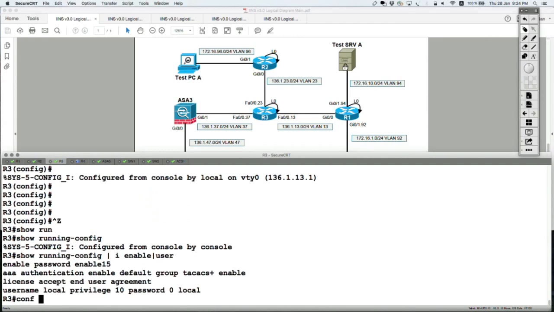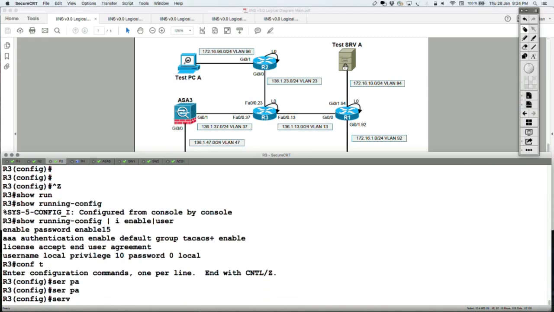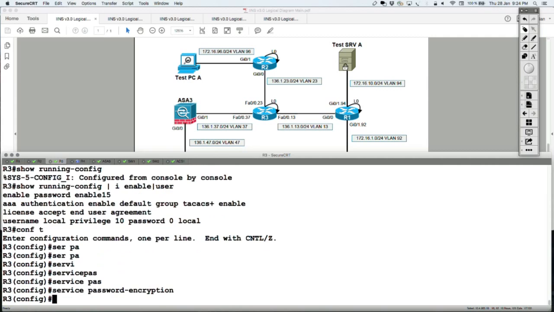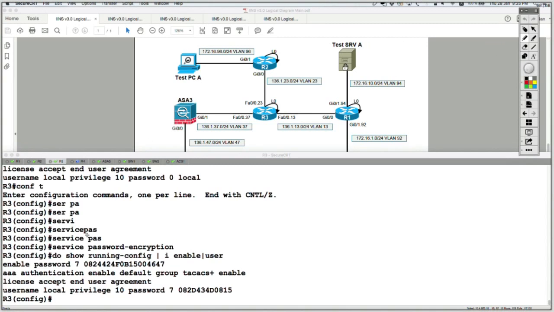So one easy way, if you have the passwords configured using the password keyword, is that you can say in here on the router: service password encryption. That's a global command. Service password encryption. And if you now again do show run include enable user, you're going to see that those commands are now being hidden. So there you go, the password no longer shows up in clear text for the user and also for the enable password. But what you see in here, in show run, is this 7,